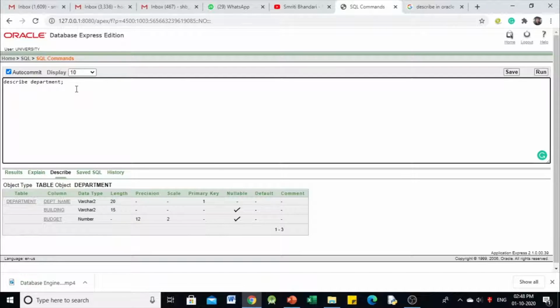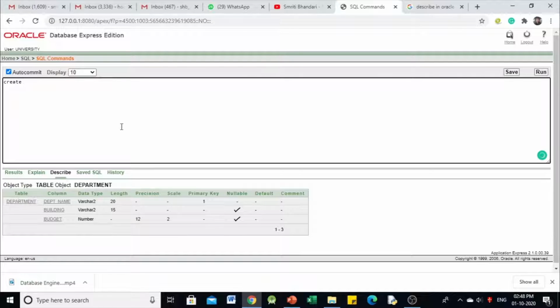But as we have created the table department, and in our table instructor we should borrow the department name from department table. Now let us proceed to create the table, that is instructor, wherein we are having the foreign key department name. But as we have already created this department table, it is possible for us to designate now the foreign key in instructor table. So let us create now the table instructor.